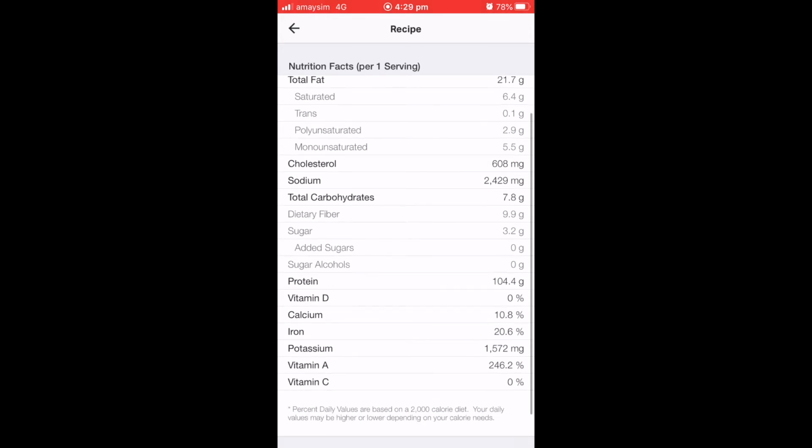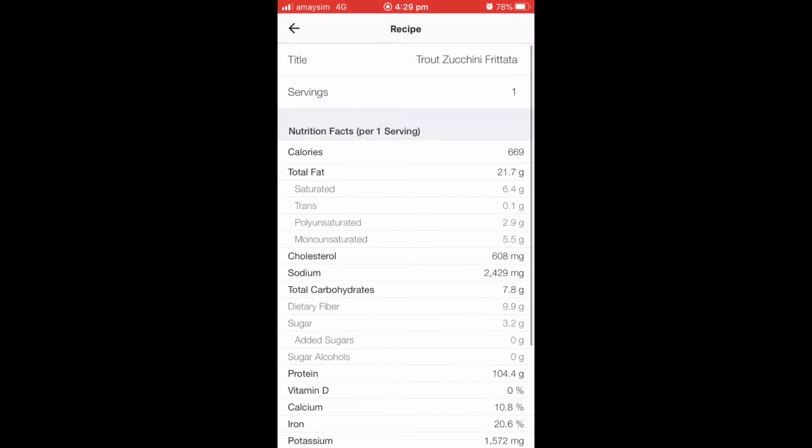What you'll do from here to get an accurate representation of your recipe and then track it is once you have cooked, for example, your frittata, or let's say you're making a soup or a stew or whatever it may be, when it is cooked and finished, you will then weigh the finished product. So this will mean you have to take a bowl out and maybe pour your soup into it and record the total weight. If the total weight is too high for your scales, you may have to just batch weigh the soup or the frittata and then manually add up the total amount to get the total weight of the recipe. So I have weighed the frittata and I'm going to pop in the total weight in here